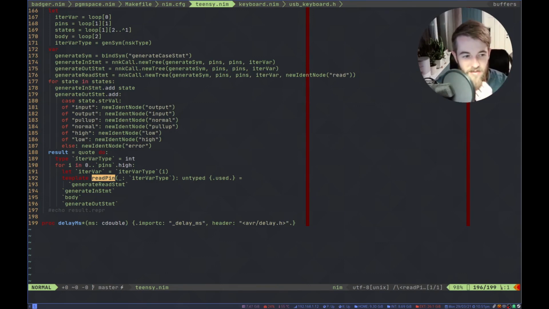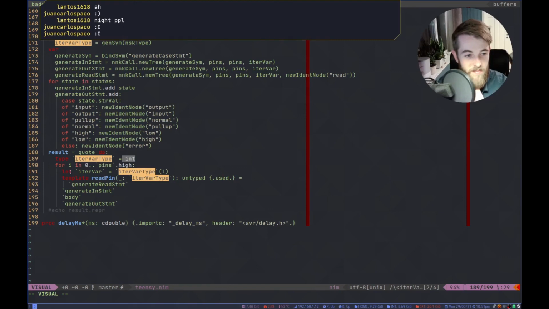I have created a type, which is IterVar type, which is just a random symbol. I have just given it a random type, in this case an int,